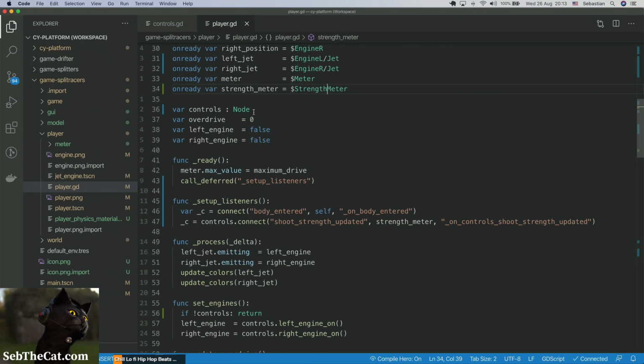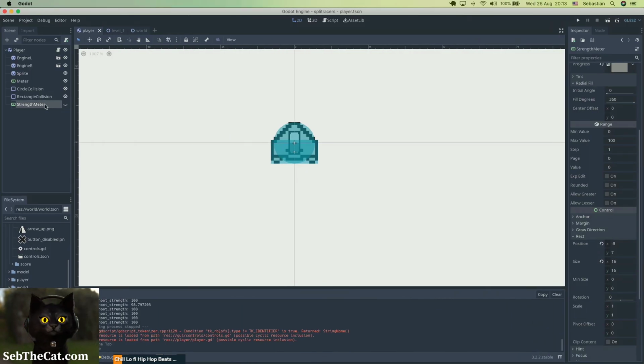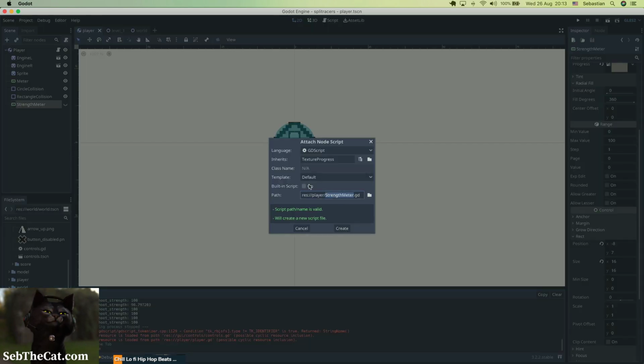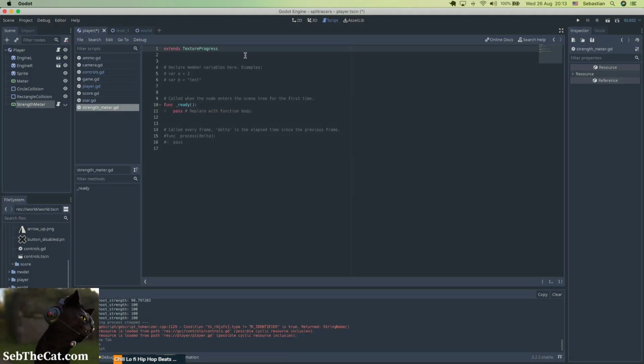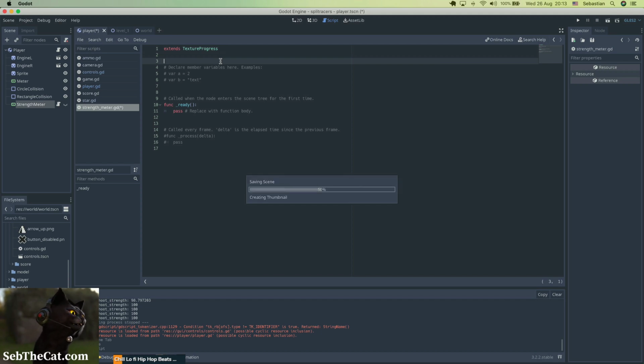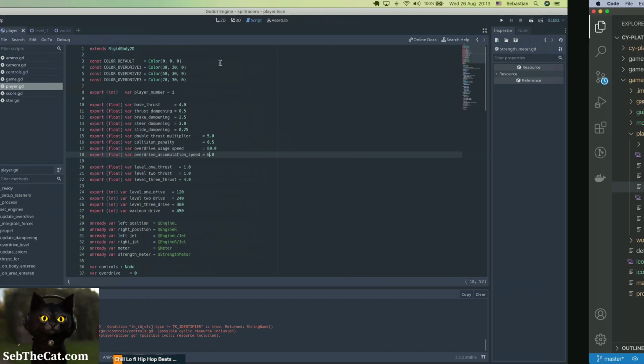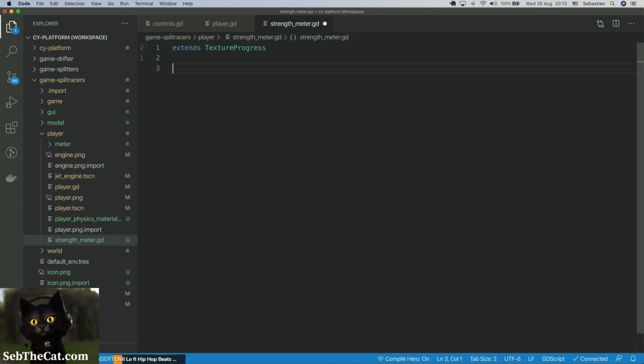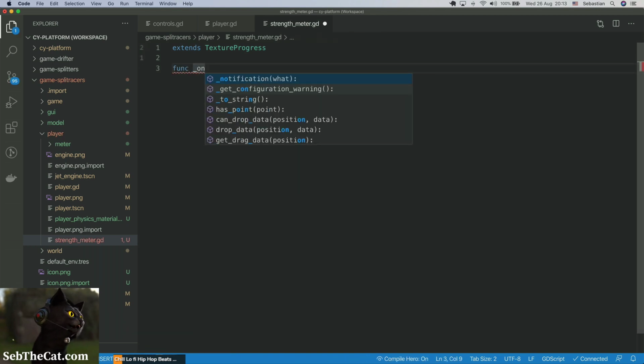Okay, so then we just need a script on our strength meter, right? So let's just grab add child node. Nope, attach script, there you go. And we'll just call that strength meter.gd, and let's just open it up. Yeah, okay, so we don't need anything right now except the handler, so we can just say on,